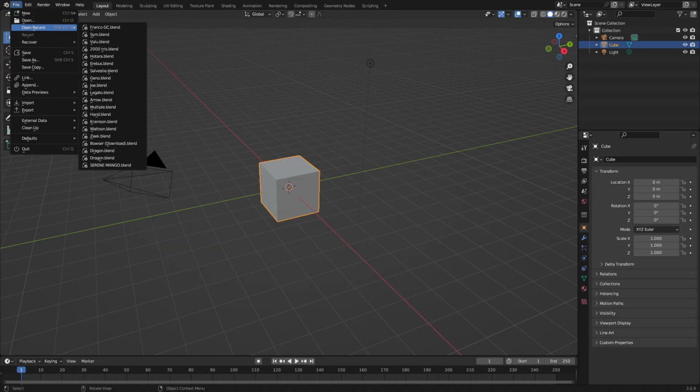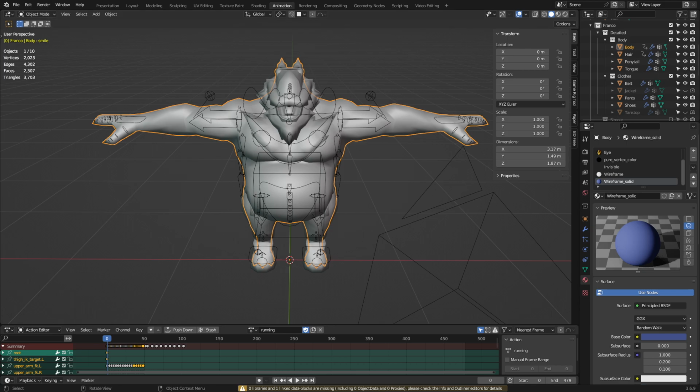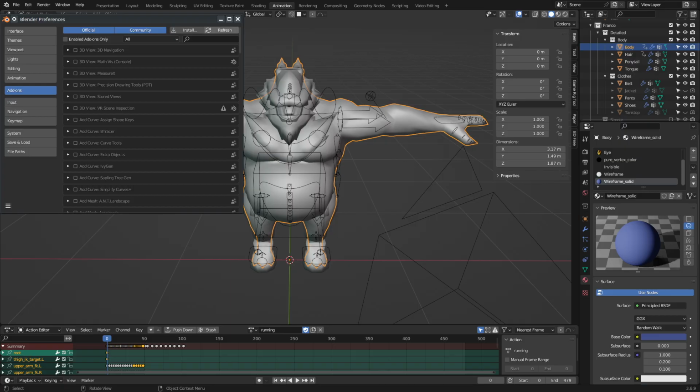Okay, so when you open a file, you will see this security thingy. Do select allow execution. I don't know why it has this checkbox. I never enable it because it's all or nothing. So it's individually, by this specific Python file, rig_ui.py, allow execution. And just to be safe, just to be sure that it is actually running,